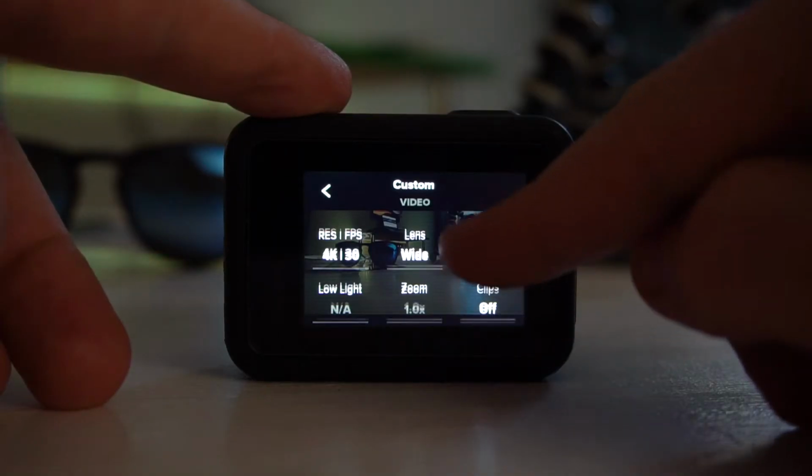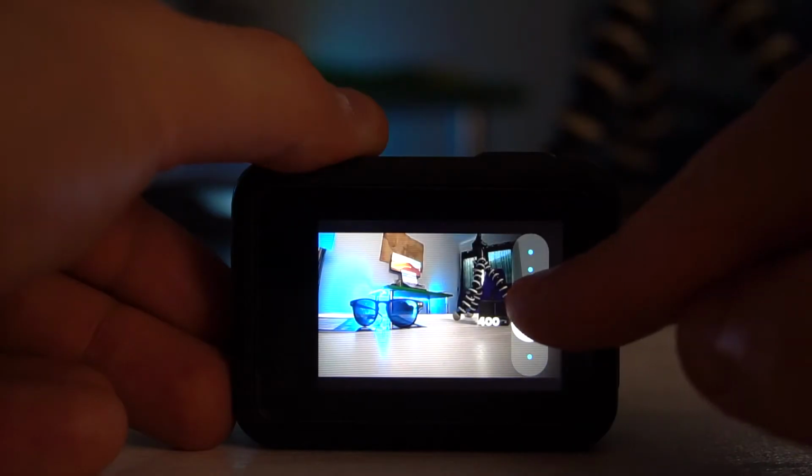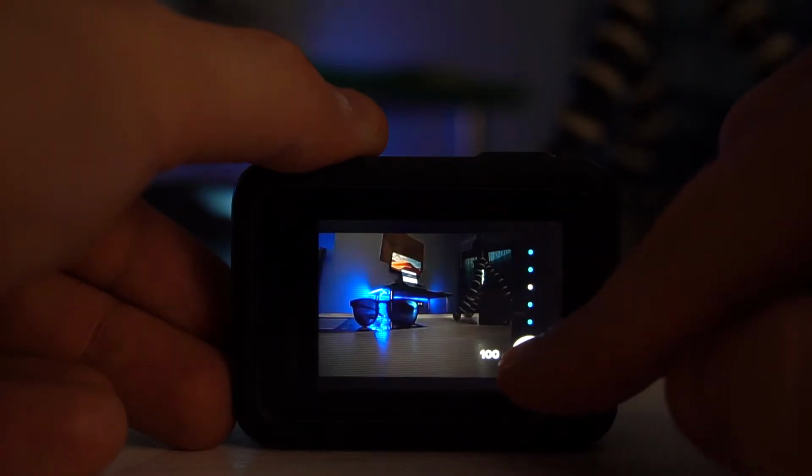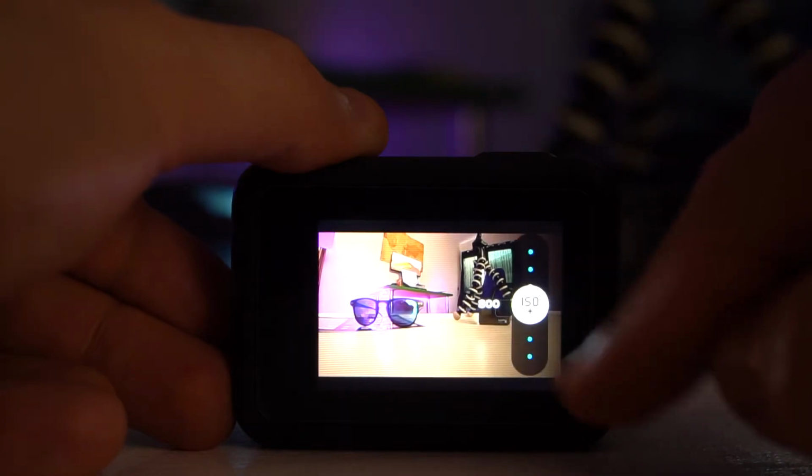So to prevent GoPro ISO going up to crazy values when light changes, you can limit this setting in the ProTune section of your camera. With ProTune activated, you can now customize your ISO settings. You'll notice that there is ISO min and ISO max. You can leave ISO min at the lowest value of 100, and I would set ISO max to about 400